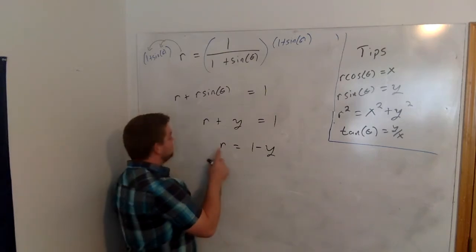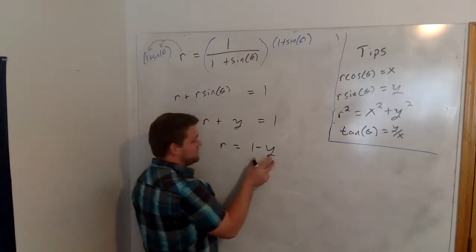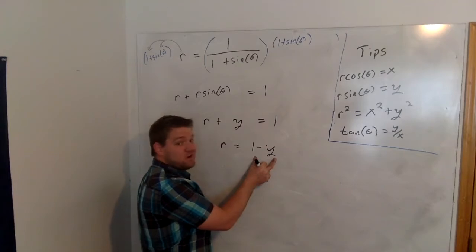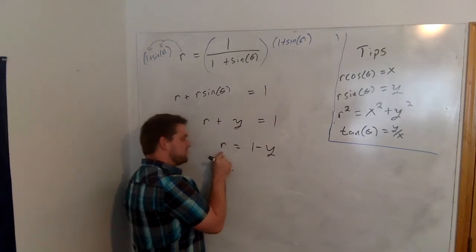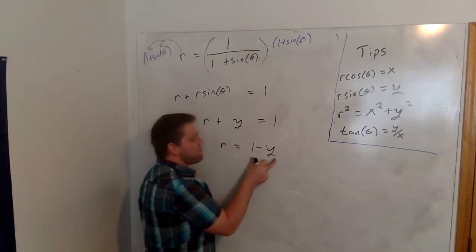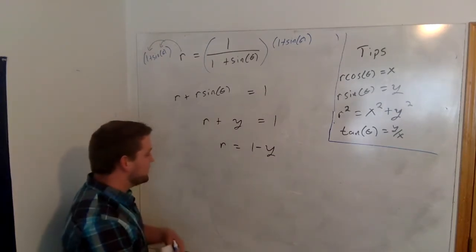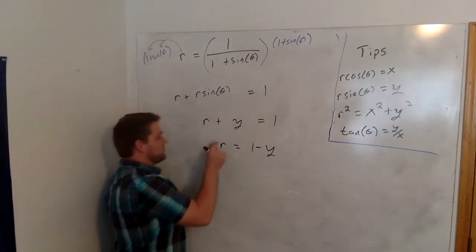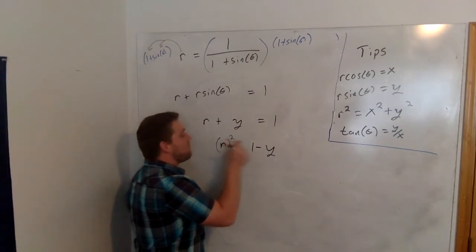It's going to make it r squared on the left-hand side, but then we have to deal with this extra r. I'm going to get an r squared on the left-hand side, which we can deal with, but the r on the right-hand side will not be friendly to work with. So this is a great situation where I think instead of multiplying both sides by r, we're going to square